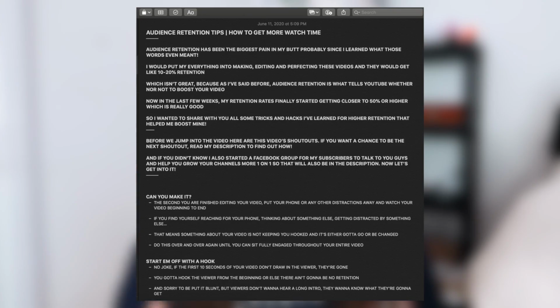Now, obviously, this does not work for every single video. Most vlogs are not going to have a plan, but if your video is a tutorial or a walkthrough or an advice video, even a story time, having your videos outlined with talking points and subpoints is going to help you to keep your video much more organized and more on track and keep your viewers hooked longer. Because if there is a value consistently all the way through your video and a reason all the way through to keep watching, people will keep watching.